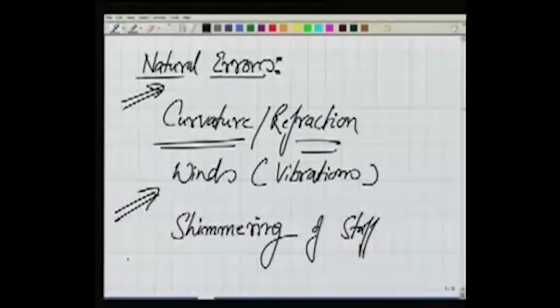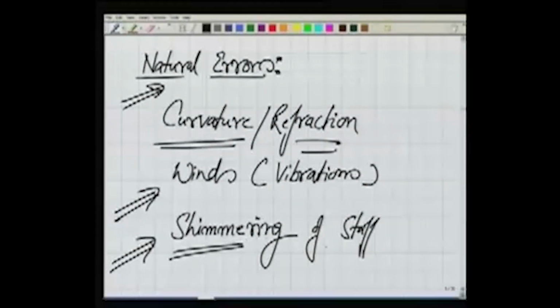There could be winds. Winds means, if there is heavy wind in the field, it is very difficult to keep the staff vertical. Number one. Number two also, sometimes it may happen that your instrument may have some vibrations. Because of that, there will be problems. Then finally, the third one,